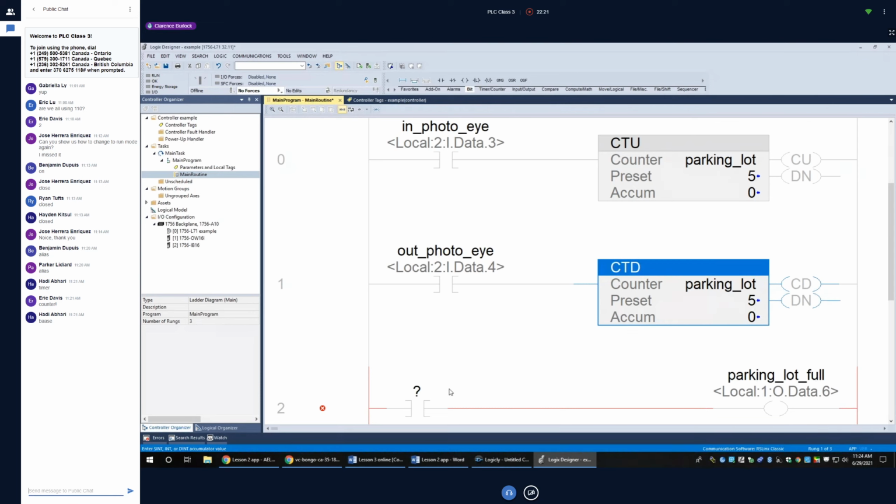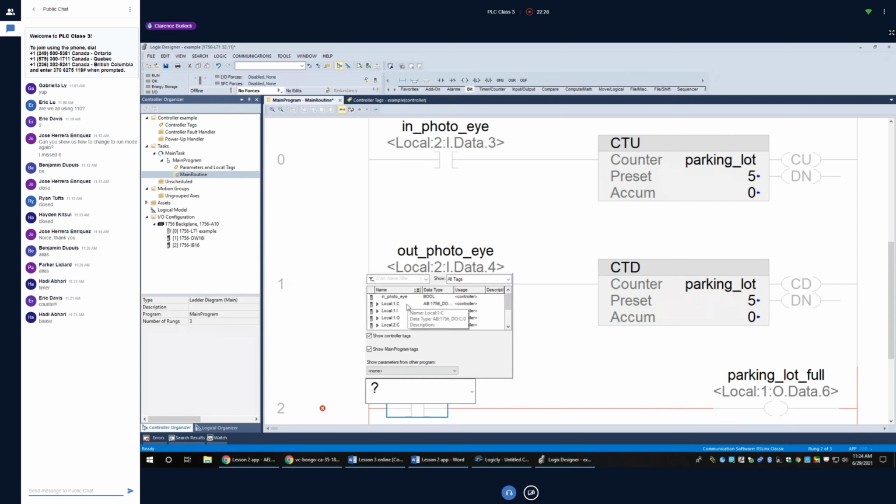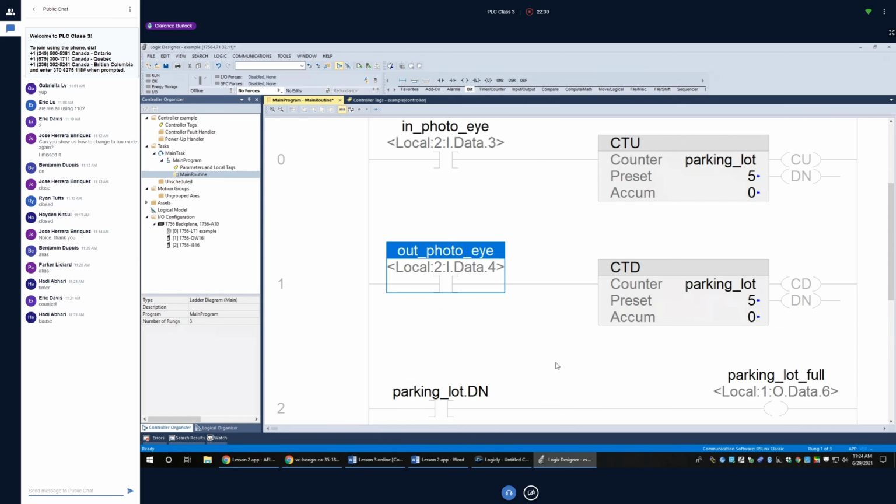Okay, so the idea here is when this done bit is true, then it turns the parking lot full sign on. So I'm looking for the done bit for parking lot. It's right there. Now the idea here is when I trigger the in photo I increment the parking lot accumulator. When I trigger the out photo I decrement. So if I download and run this,